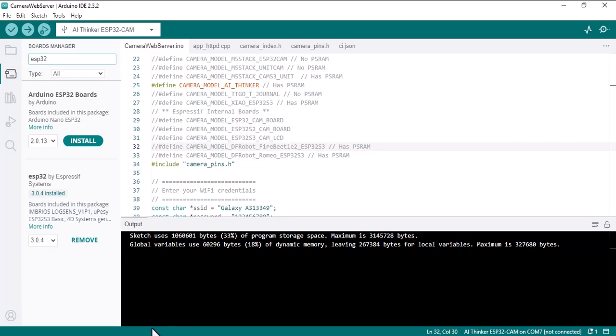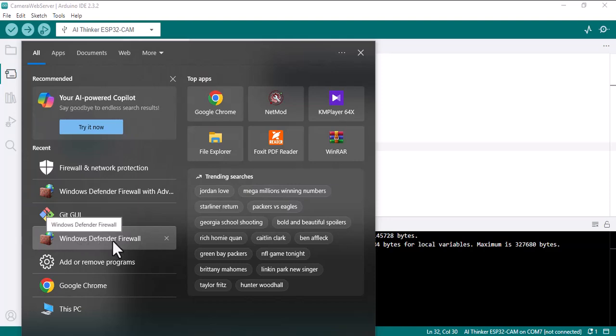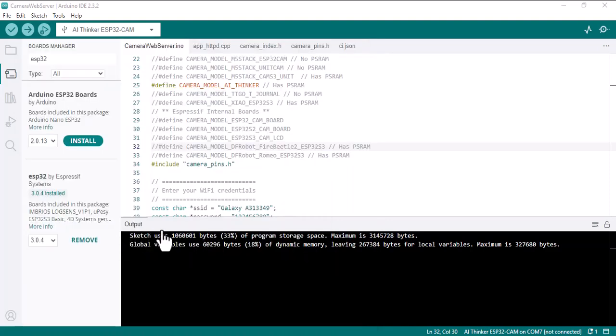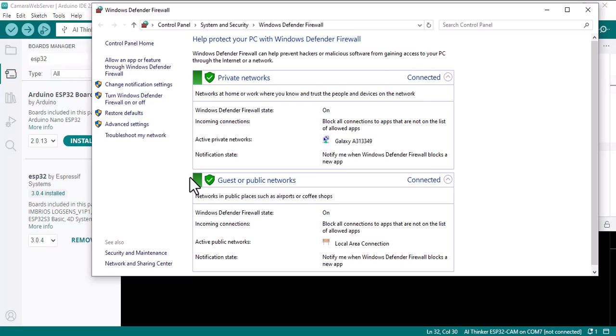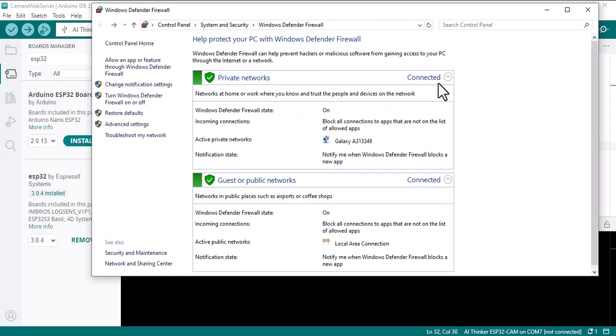But before that, you should go to Windows Defender Firewall. Turn Windows Defender Firewall on and off. Here you should turn them off, because if you don't, during the installation the Windows Defender will delete some files and it causes you some problems. So remember that, turn Windows Defender off. Alright,